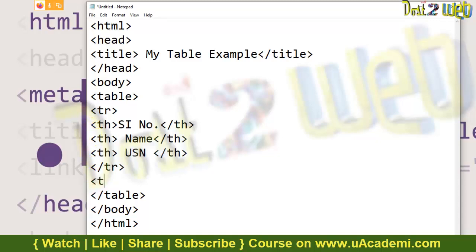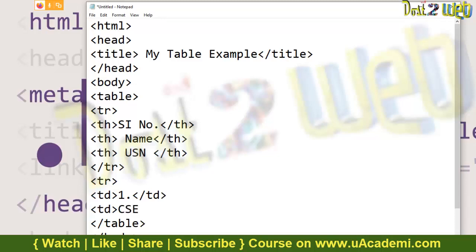Now we have to use many rows with the data. Now we use a table row, the second row. In the second row, we have the table data. What is that? Serial number 1. I will give 1 dot. I will close the table data. Next, again we will have another table data for the name. I can use anything, whatever name you want.